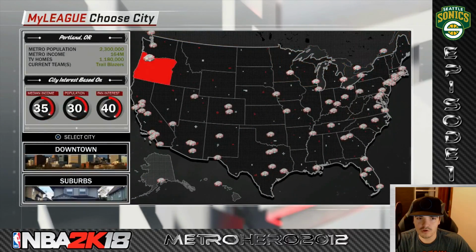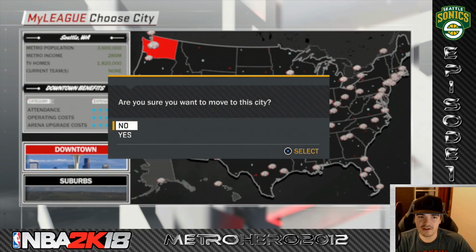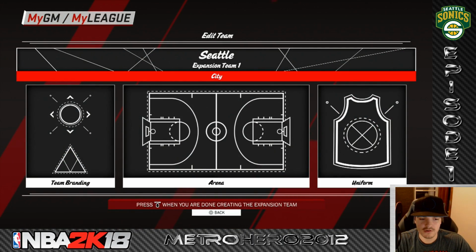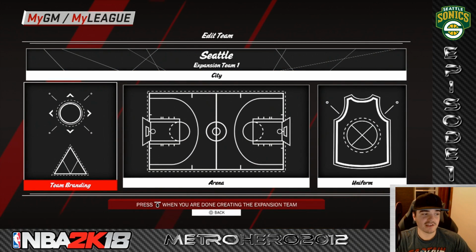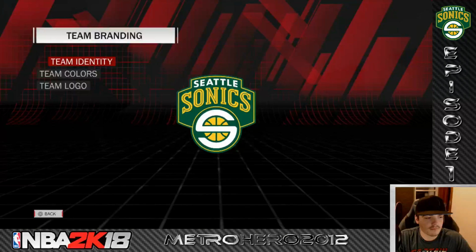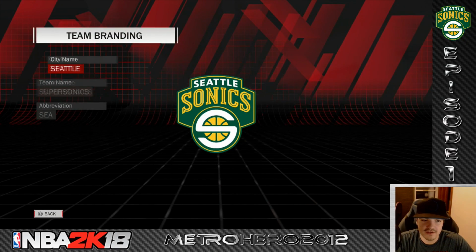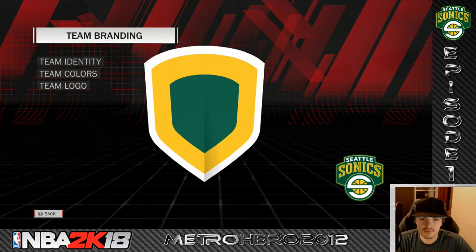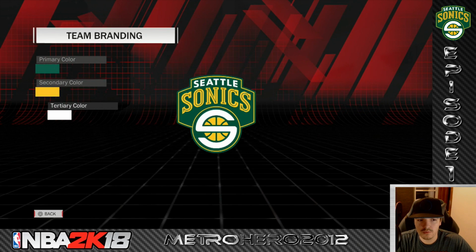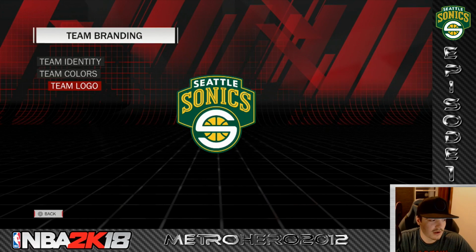And you know where we're going. Bringing the team back to Seattle, Washington. We are going to be the Seattle Supersonics for the second year in a row. And I'll get back to you with all these customization options. Alright, so for team branding, Seattle Supersonics. One of their old logos, so